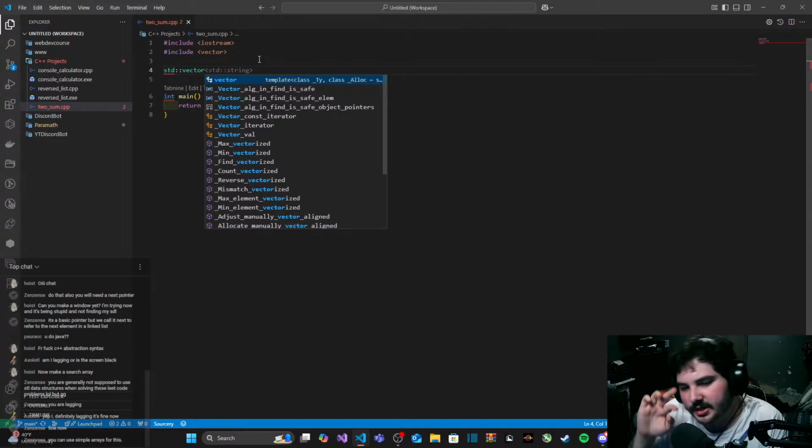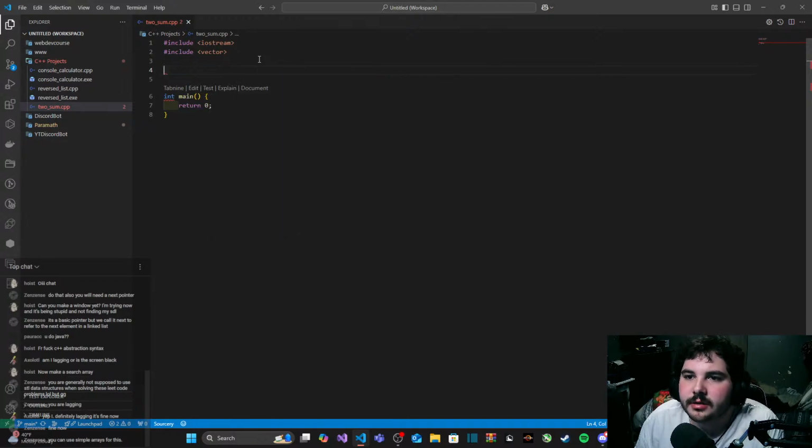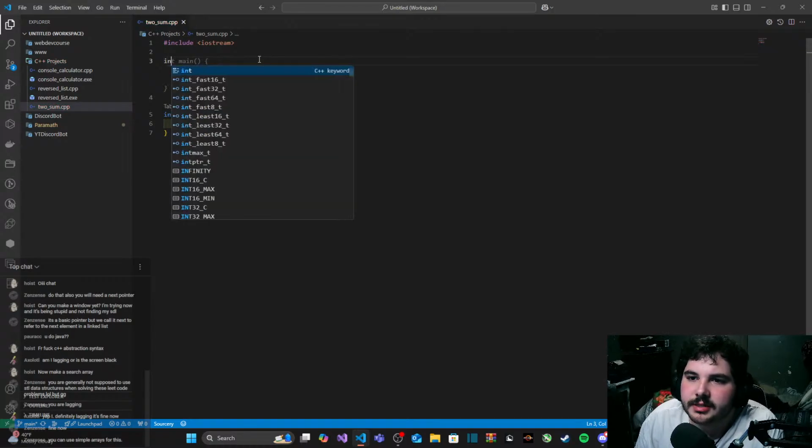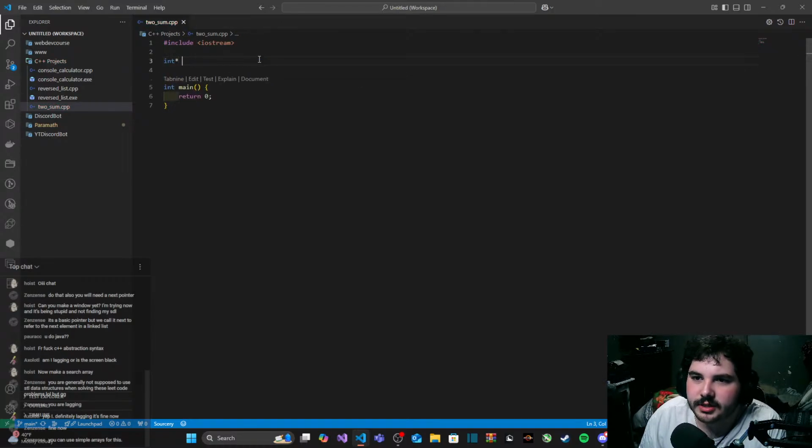You can use simple arrays for this. You know, let's try that actually. Now, how do I make an array? I think it's int asterisk, right? Yeah, I think it's int asterisk. And then twoSum. And basically I will go ahead and add int array, and then int target.